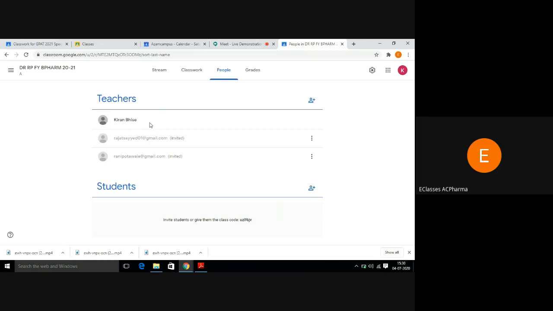So in addition to the principal, the main teacher and the co-teacher have been invited through their Gmails. They will accept the mails and then they will invite the students.